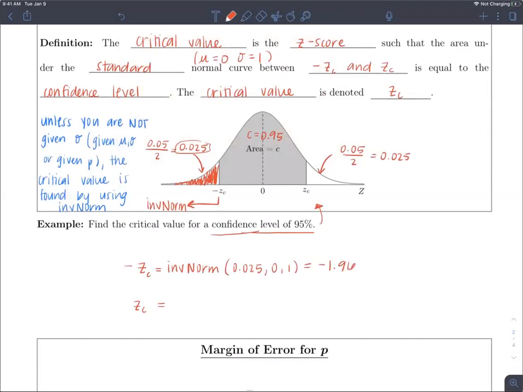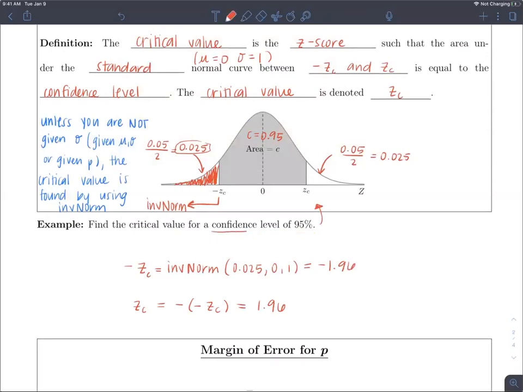Yeah, positive 1.96, right? Because you're just going to take the negative of your negative value, or just change it to positive, right? So it's 1.96. So that's the critical value, technically the 1.96. So are there any questions on how to find